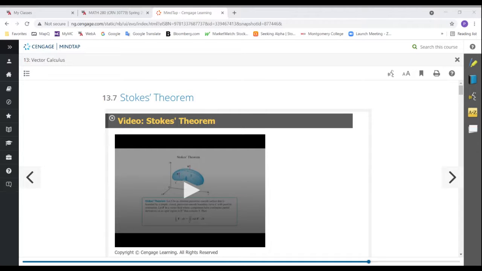Now, another application in chapter 13 that we've learned about is, you have a force field in either two or three-dimensional space, and you want to know what work the force field does in moving a particle from one point to another point in two or three-dimensional space. So we actually learned that computing the work is equivalent to computing the